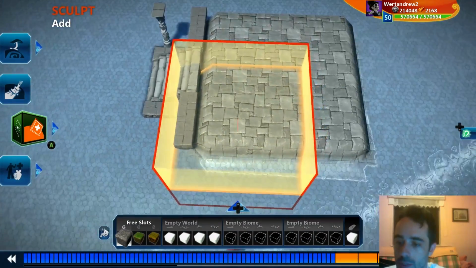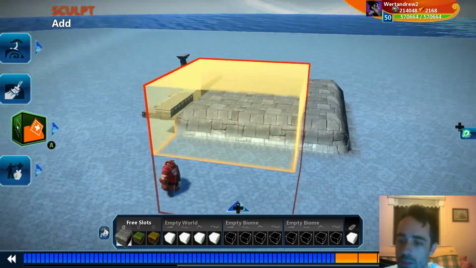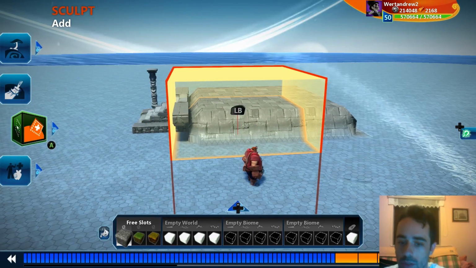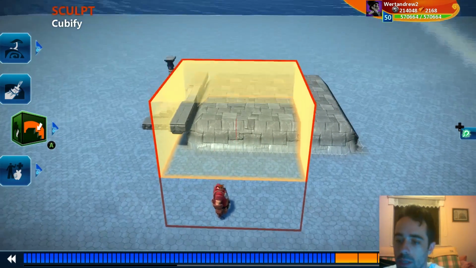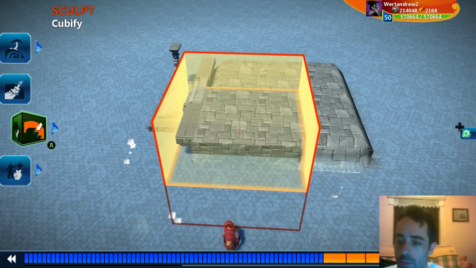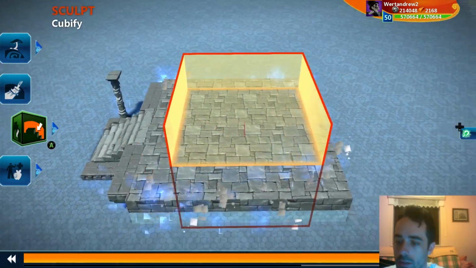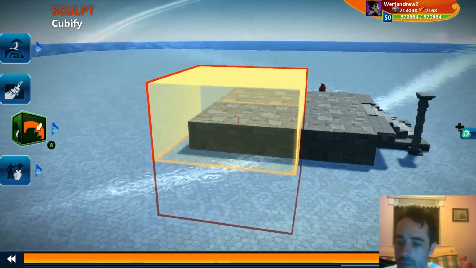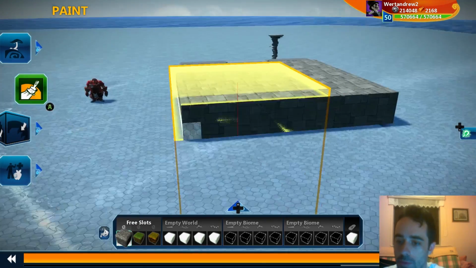So now I want to fix the slopes on the edges. I want to make them be more solid and like flat instead of curved. So I want to go into Cubify, and then with the brush selected like this, so I have some edges from both sides, I just press and I cubify area. Now sometimes it may require to repaint some edges because cubify covers